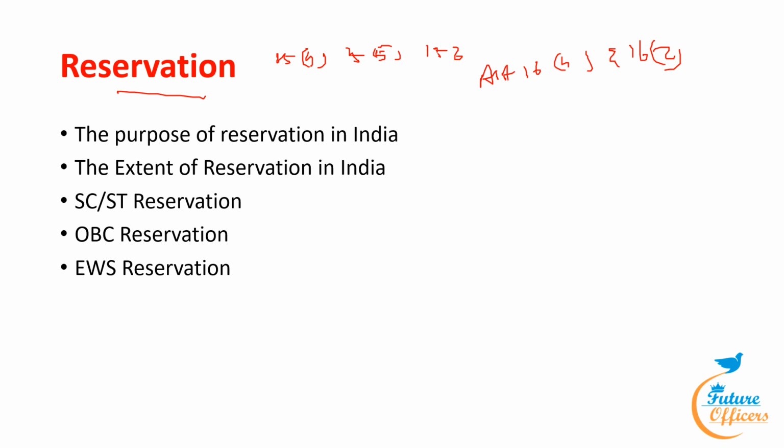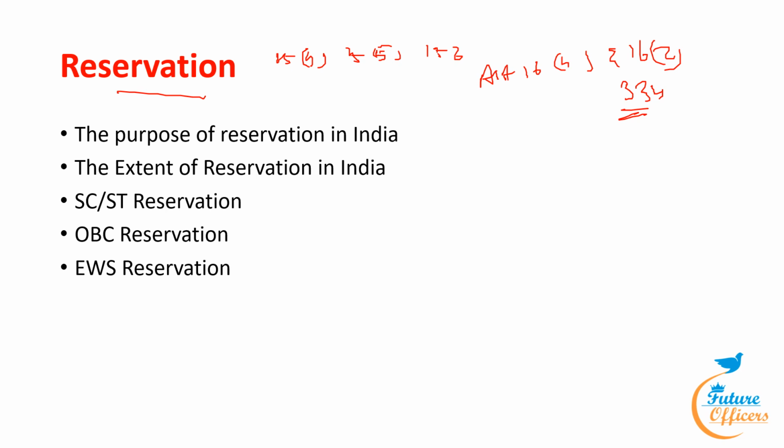So the extent of reservation in India: reservation is available in India in governmental educational institutions in accordance with Article 15 clauses 4, 5 and 6, also in government jobs. In legislatures, both state and parliament, in accordance with Article 334 up to 2019. Social and educational backwardness was the primary factor used to provide reservation.